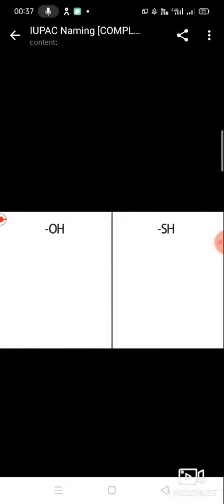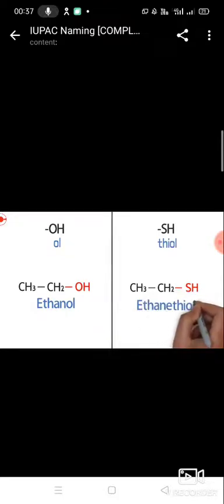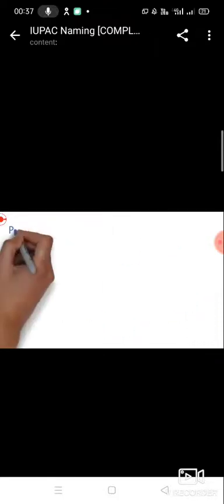Next OH. OH means we know it is alcohol. OL we have to add. SH means thiol. Thio means it contains sulfur. So CH3, CH3 ethanol. Next one is, sulfur it contains. So methyl,